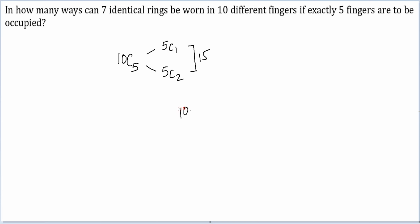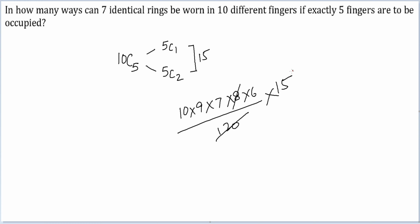So our answer will be 10 into 9 into 8 into 7 into 6 by 120 into 15. Okay, so I can cancel 8 and 15 straight away. 7 into 6, 42 into 9. 42 into 9 is 378. So answer will be